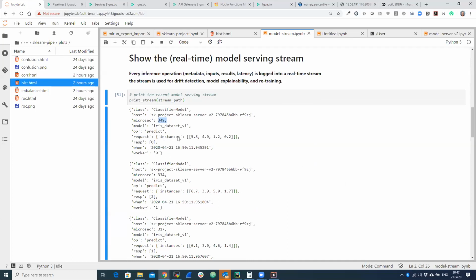This stream is going to feed into another function that I'm not showing here, which is doing drift detection. It's analyzing the results from all the serving functions, and it will automatically trigger and log the events about drifts into Grafana, into a time series, and that will also generate alerts, so you can retrain your models once you see those events.